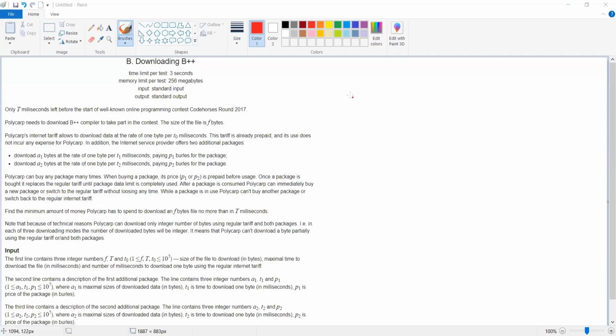Hello, so today we will discuss the task of downloading B++. We have a file that has a size of F bytes. We can use a simple internet tariff that can download 1 byte per T0 milliseconds, or we can use two